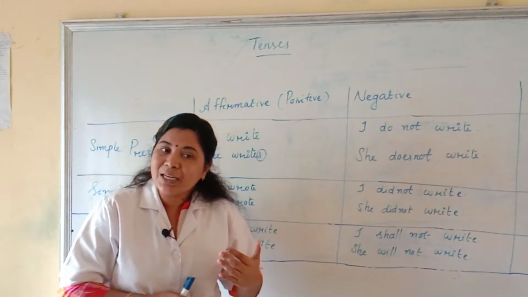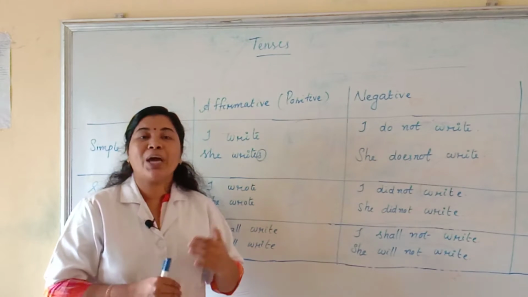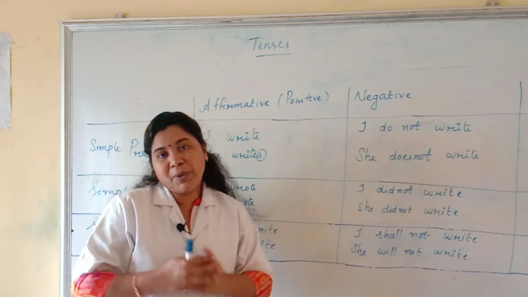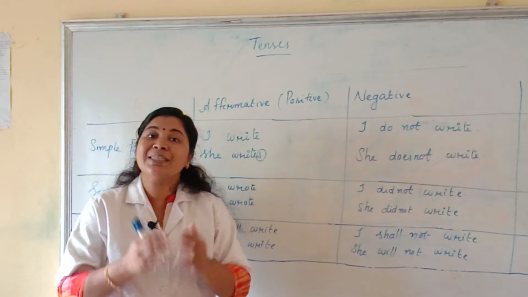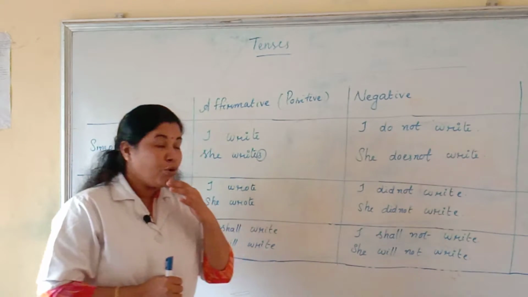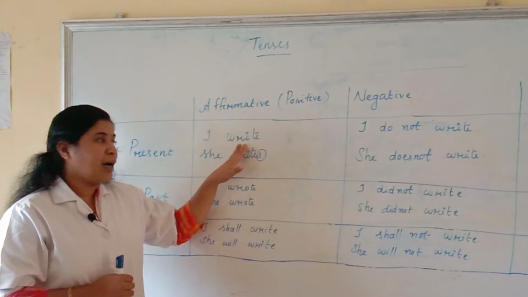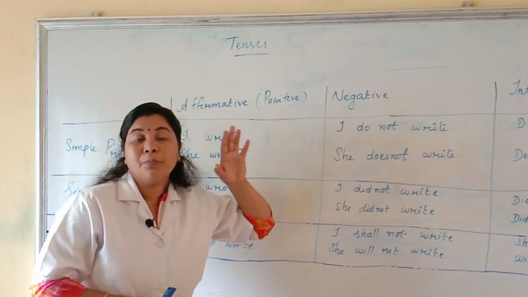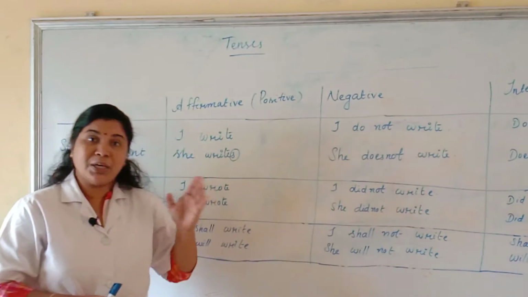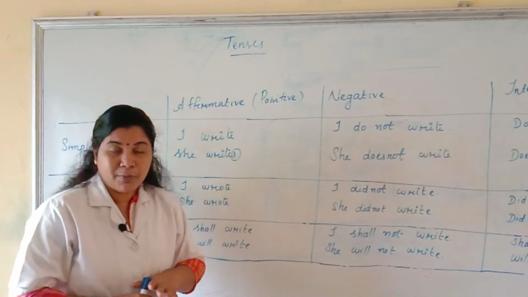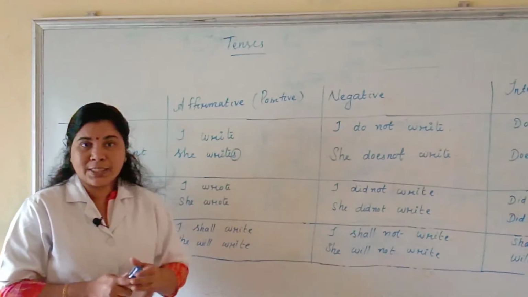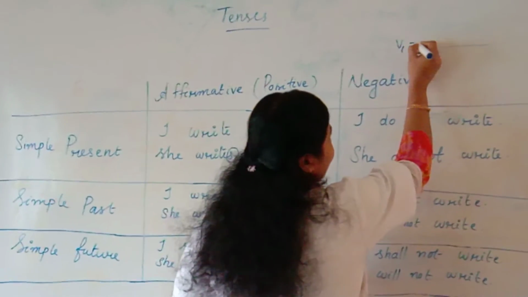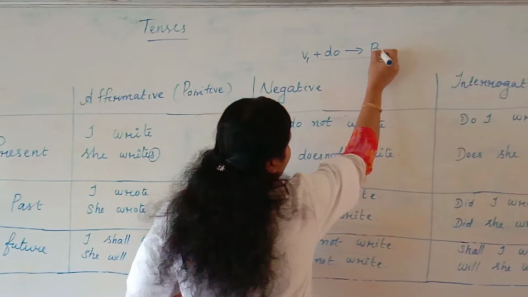Understand? Auxiliaries are those verbs which we use to help the main verb. So each and every base verb has auxiliaries hidden in that verb. And always remember, whenever a verb comes in the base form, V1 form, do is there. What is there? Do is there. So you have to remember. So V1 plus do goes to the base verb.